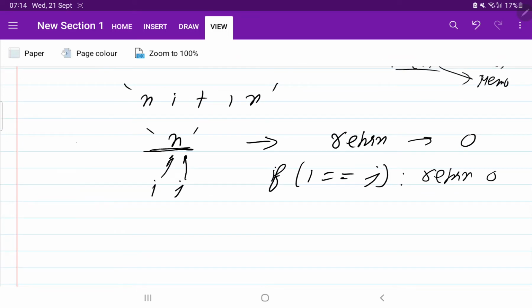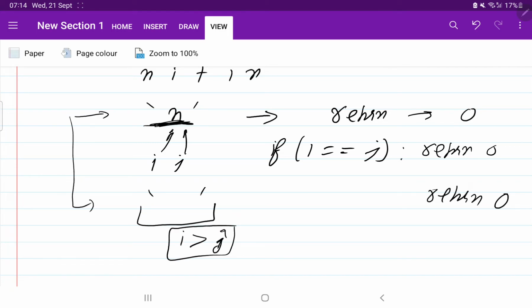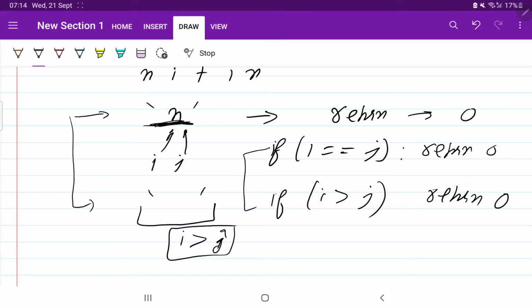So for the base condition, we need to think of the minimum possible valid input or invalid input. This is the valid input, where the string has only one element. Suppose the string is empty. Now tell me how many partitions are required to make it a palindrome. You are going to say that as the string is already empty, we again return 0, because no partition is required. So what is this condition? This is the case when the starting point becomes greater than the ending point, the invalid situation. So for these 2 cases, we are going to return 0.